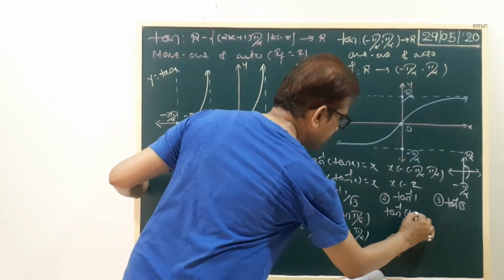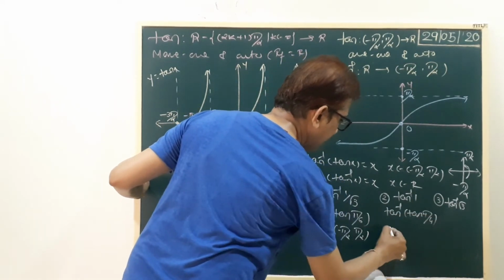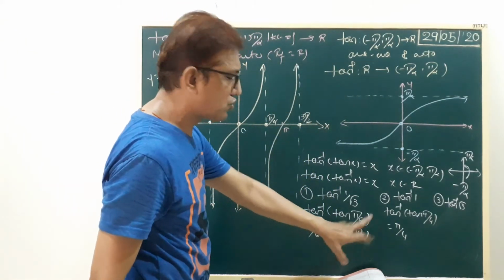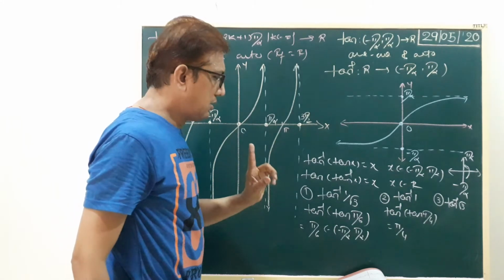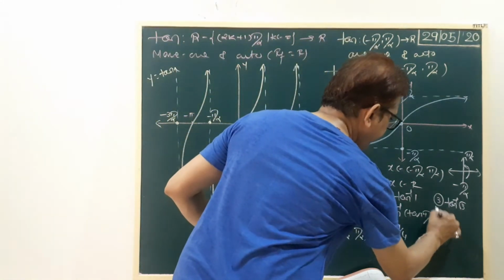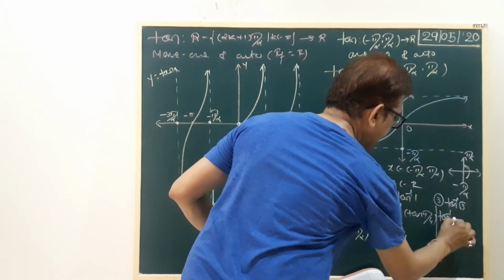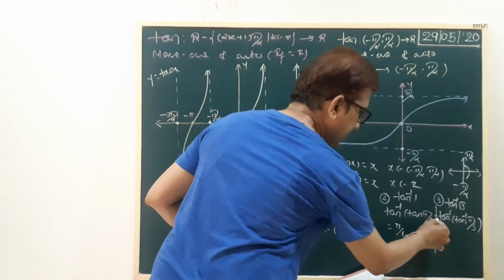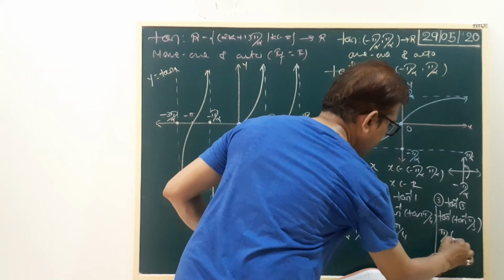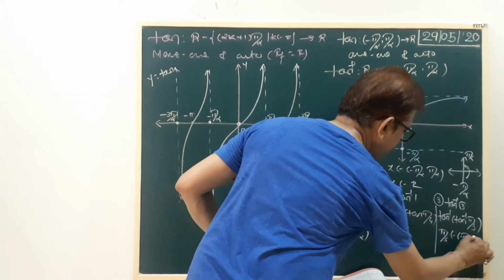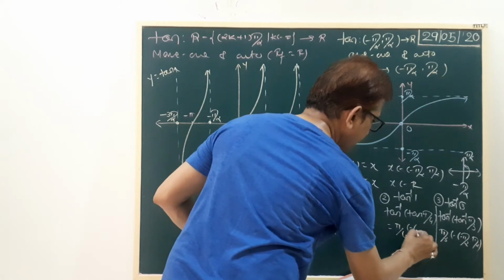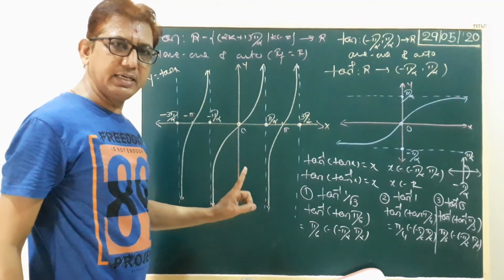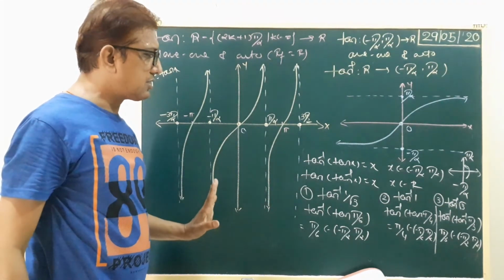Same one, tan inverse 1. Tan inverse 1, that is tan pi by 4. Tan inverse tan cancel, the answer is pi by 4. And we write here the condition: belongs to the open interval minus pi by 2 to pi by 2. Okay, now this one, tan inverse root 3. Tan inverse root 3 means tan pi by 3, 60 degrees. So tan inverse tan cancel, the answer is pi by 3. Also we write here the condition minus pi by 2 to pi by 2. Okay, clear? Now we discuss the next three sums, with negative sign.